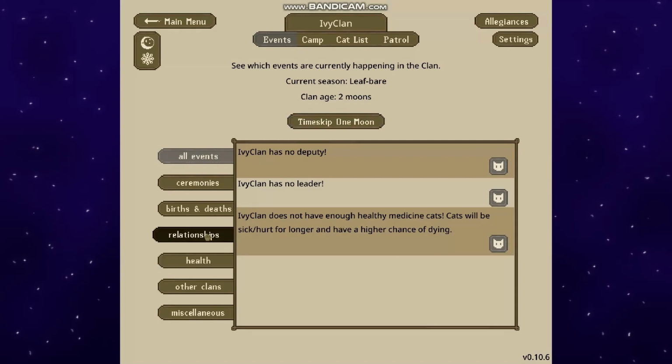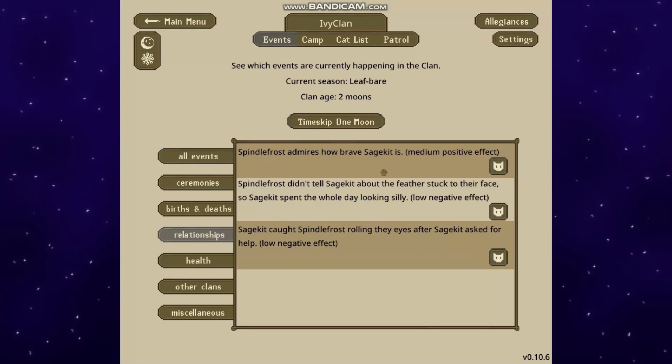Same details there. So Spindlefrost admires how brave Sage Kit is. Spindlefrost didn't tell Sage Kit about a feather they had stuck to their face, so Sage Kit spent the whole day looking silly, and Sage Kit caught Spindlefrost rolling their eyes after Sage Kit asked for help. Yeah, I think